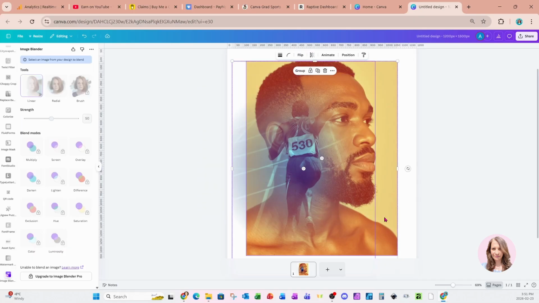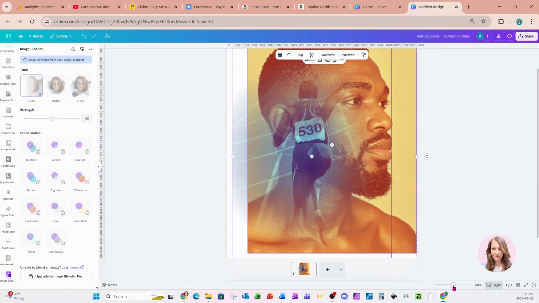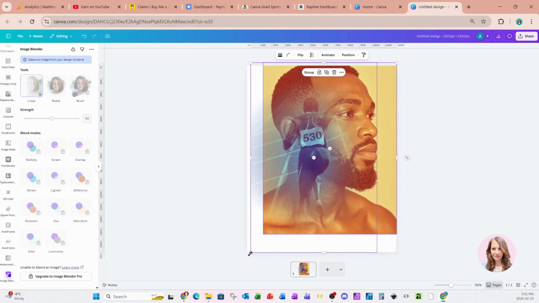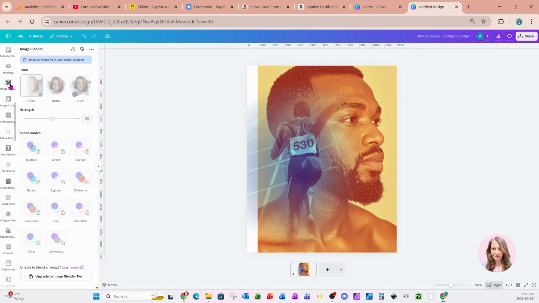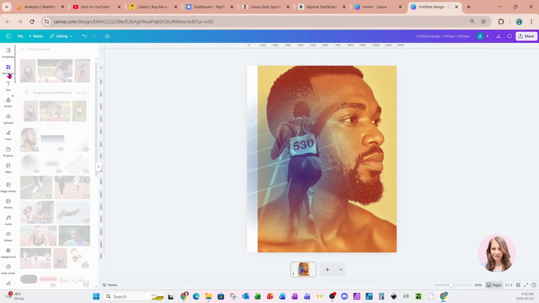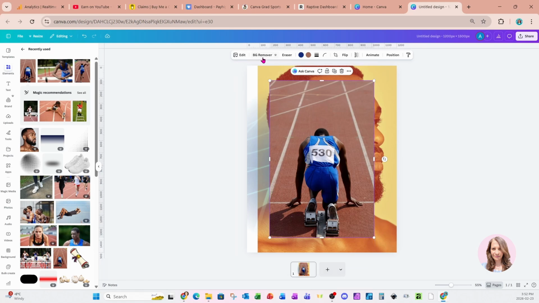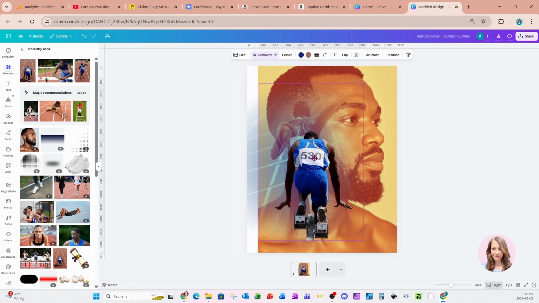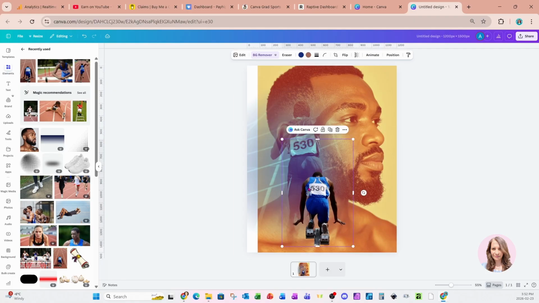Let's grab both of these now. I'm going to make them a little bit larger just to fill the page. I'm going to grab the man and I'm going to bring it over a little bit like that. Let's go back to Elements and let's grab another photo. So I'm going to grab this photo right here. I am going to remove the background and I'm going to put that right there and make that a little bit smaller